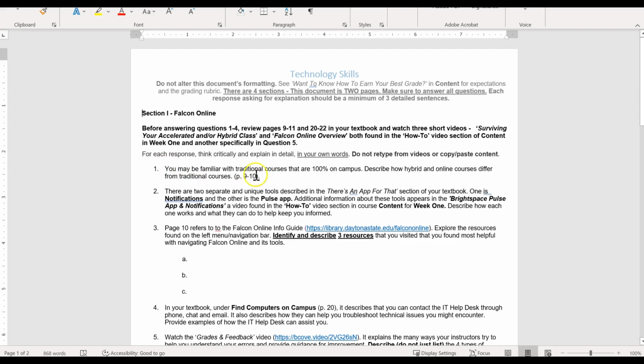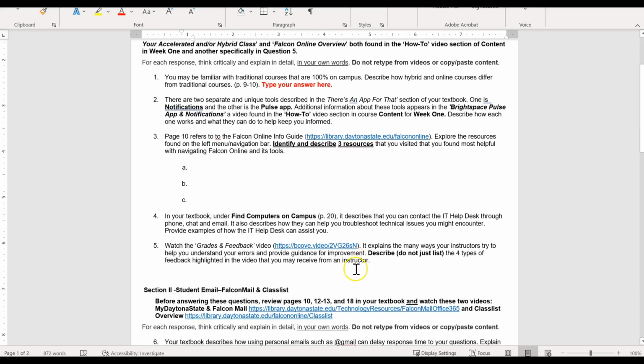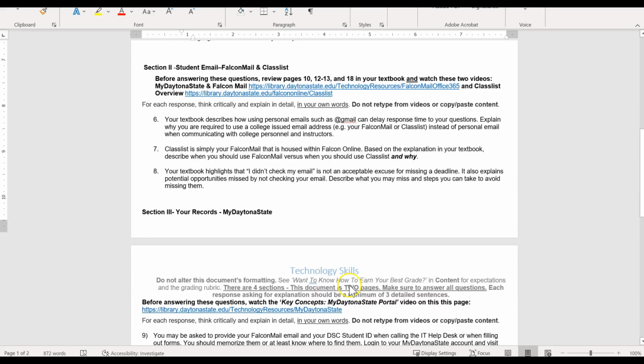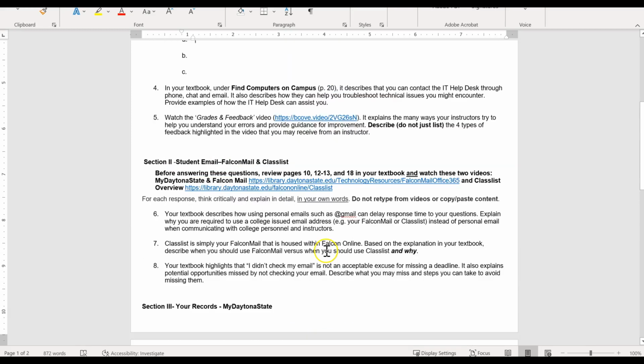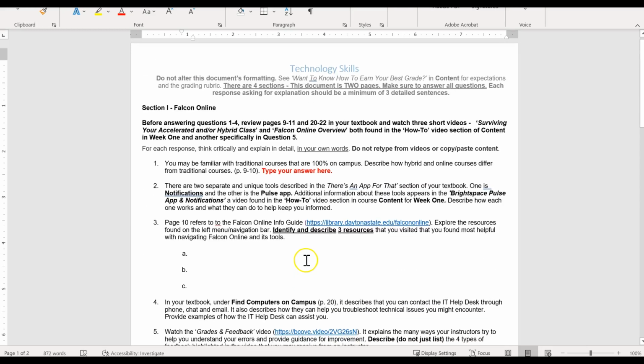So when you want to type your answer for number 1, you just click right after the question and you type your answer. Some students like to make their answer stick out a little bit more. They highlight it, they make it bold, they make it a different color. That's up to you if you want to do it that way. But that's what you'll do, is you want to type your answers after each question. And make sure that you're scrolling so that you can get to all of the questions. Sometimes the worksheet will be more than one page. So make sure that you're answering all of the questions.